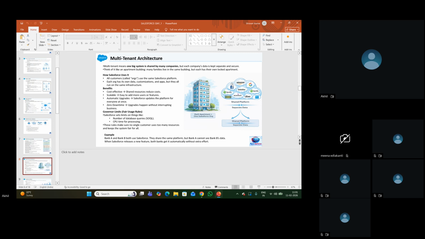As I said, Salesforce will have 3 releases every year. Zero downtime: upgrade happens without interrupting the business. So just because of this multi-tenant architecture, Salesforce will have some limits on accessing the servers, because